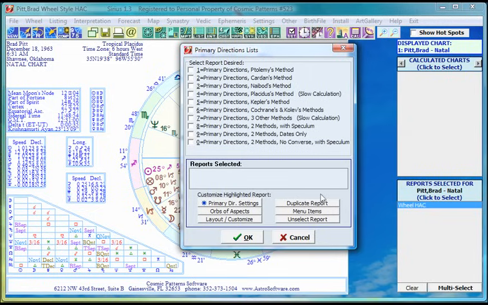Now, all we know so far is that primary directions are some kind of ancient system for forecasting, at least if you don't have knowledge prior to this